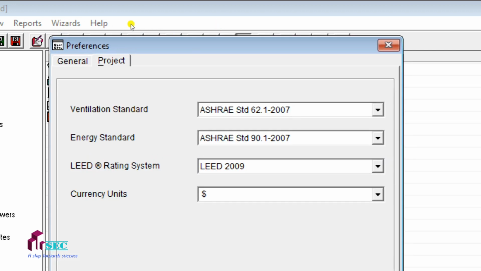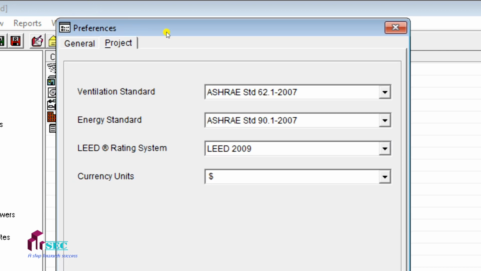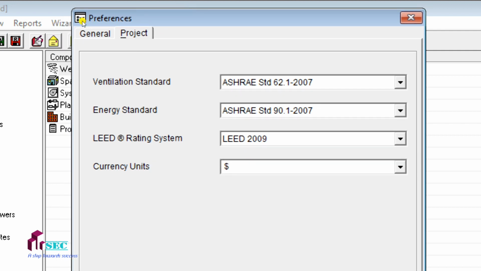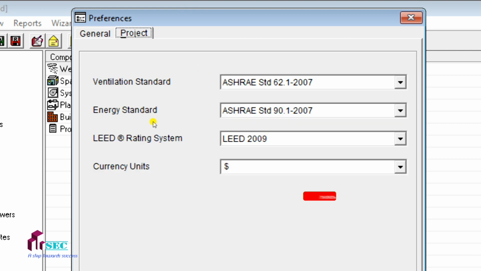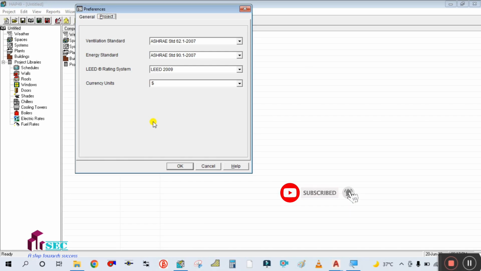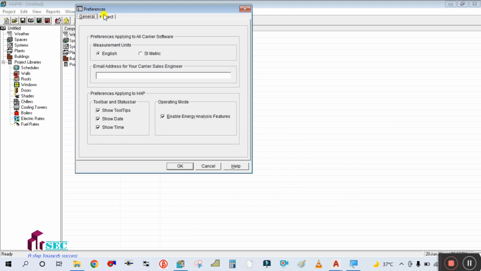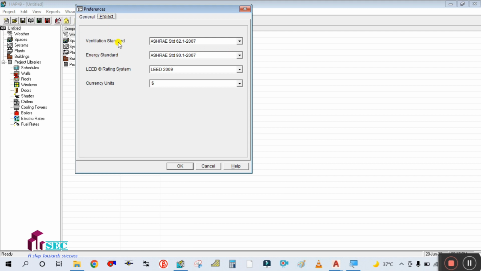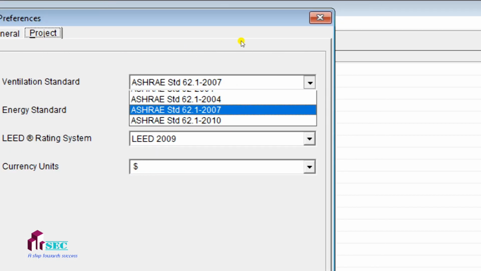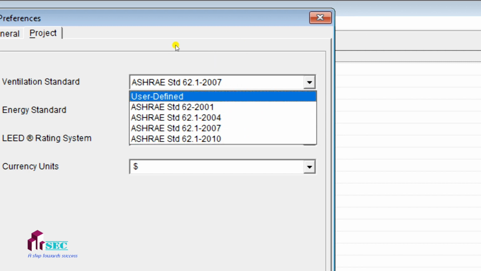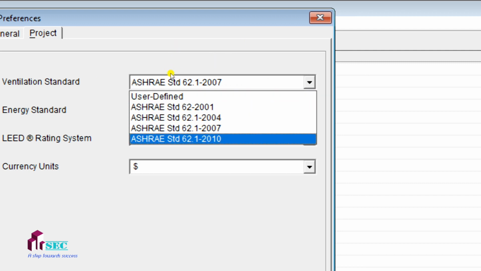Okay, and then you can see here this is your preferences dialog box. In this there are two types: general types and project types. So first of all, go to this project types and select here ventilation standard. You can select from here ASHRAE, select the higher one. So I am going to select this ASHRAE standard 62.1 2010,